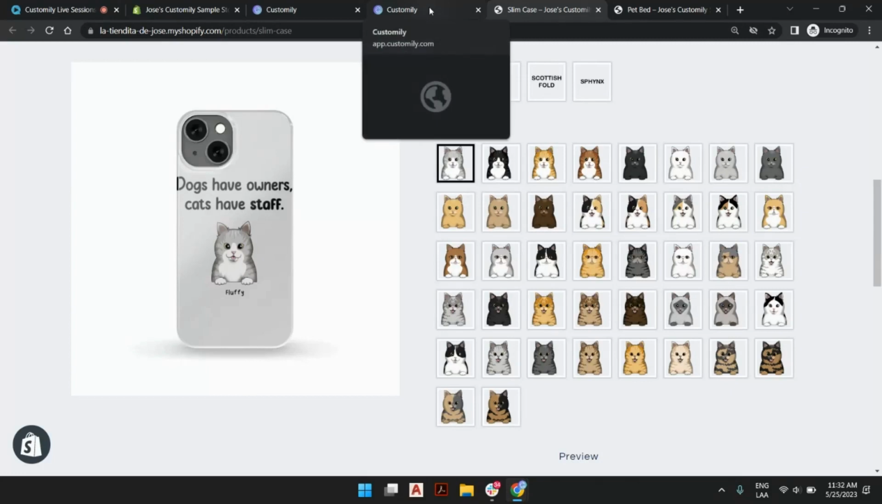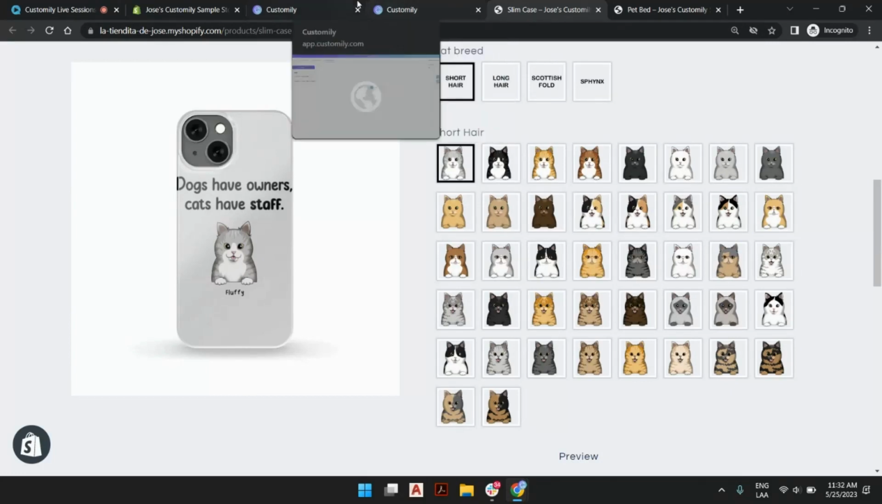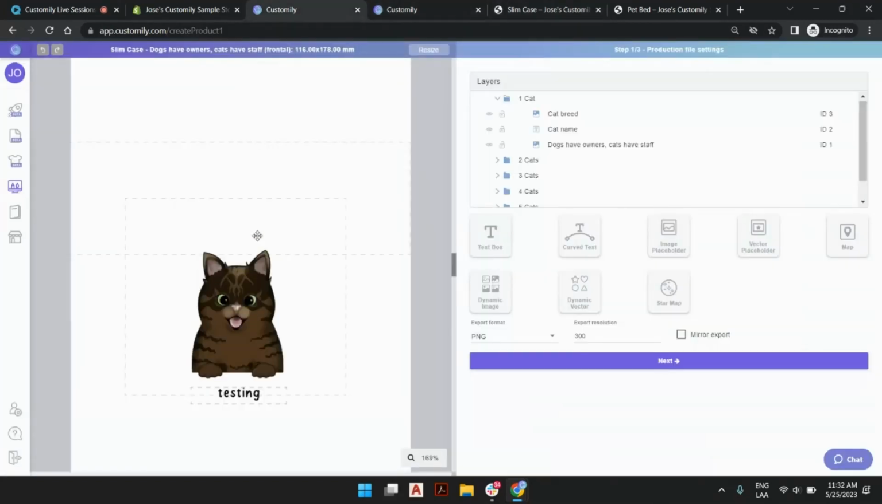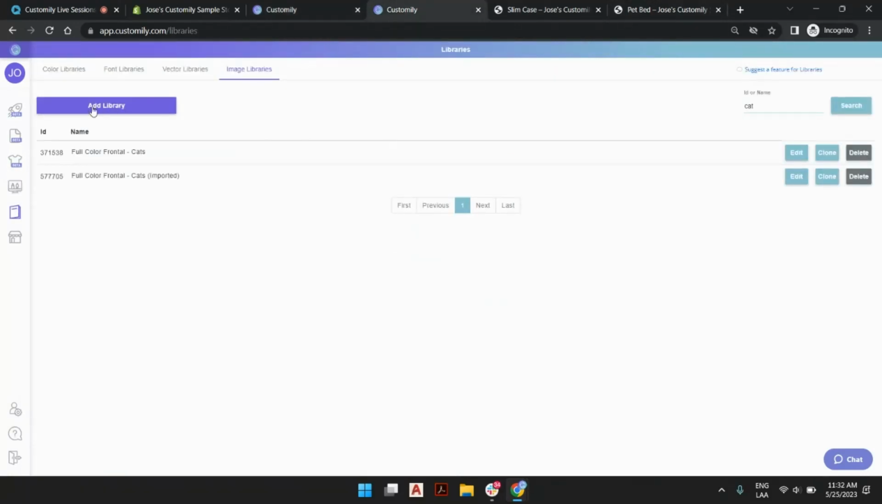And what I do with that information is I upload that to Customily. So if I know I'm going to be changing cats within this unique dynamic image, each of the dynamic images can be connected to a library. So I create a library. I call this library full color frontal cats. And when I go to edit this library,